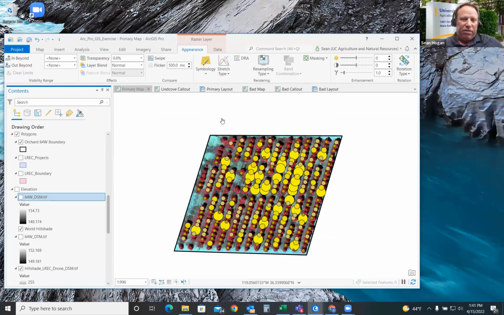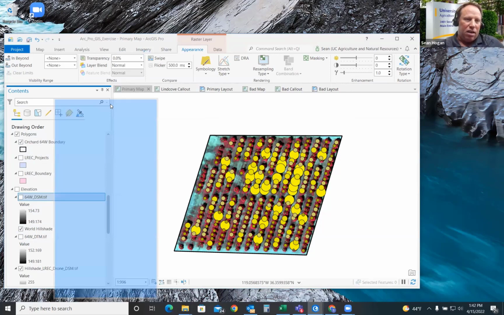Getting used to where all these buttons and levers are will take a learning curve. One thing I can say though is that once you get used to working in ArcGIS Pro after working in ArcMap, it's really hard to go back because it's much more efficient now that they've worked out a lot of the bugs. One of the neat things is that you will have different types of tabs available in your window. When we refer to panes, I'm usually referring to this pane over on the side.